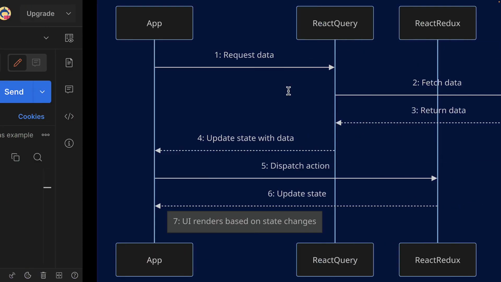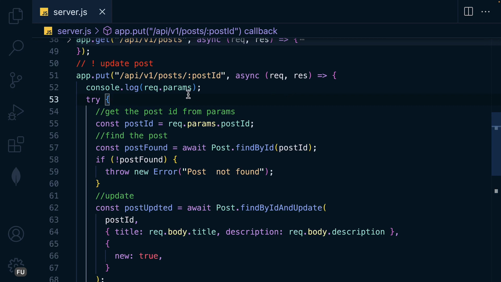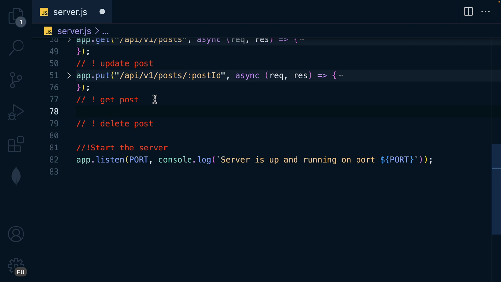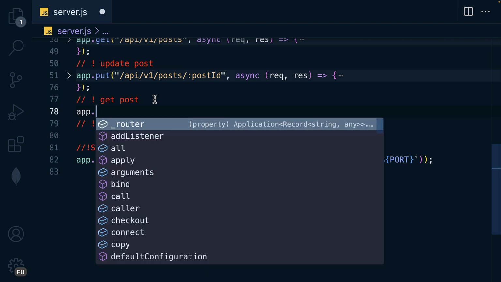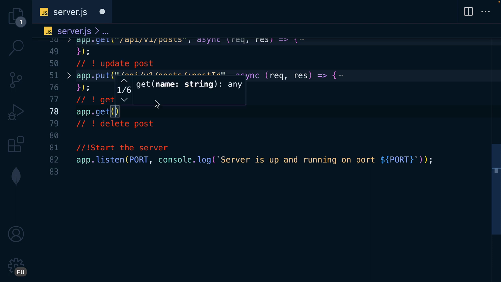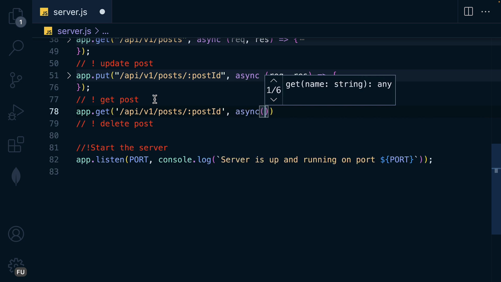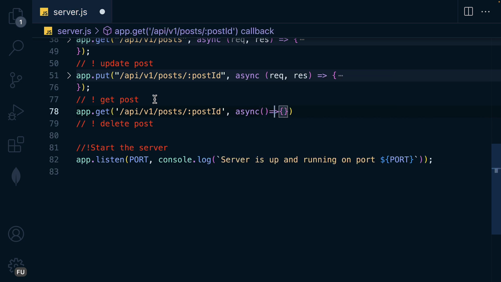So to achieve this, we need one more route to fetch a single post. So here is going to be get post. So here as app.get, and then /api/version1/post, and here pass in the post ID, and then callback function async and as that, and we